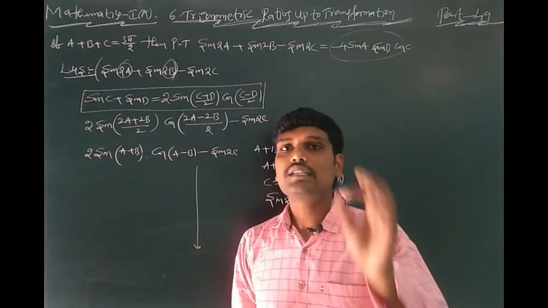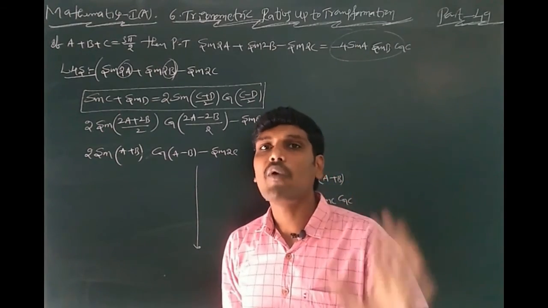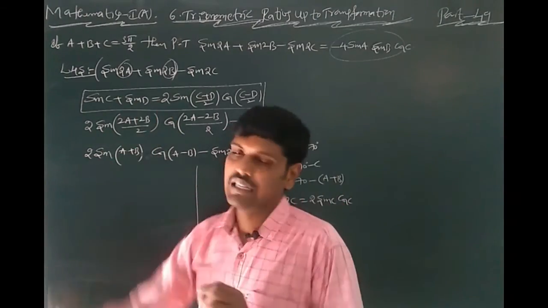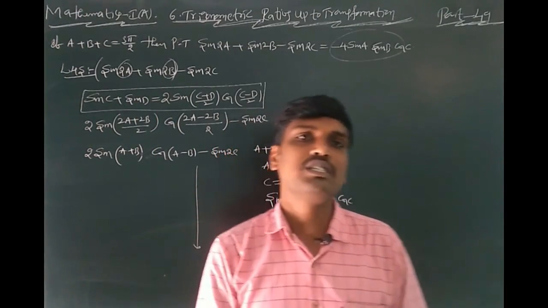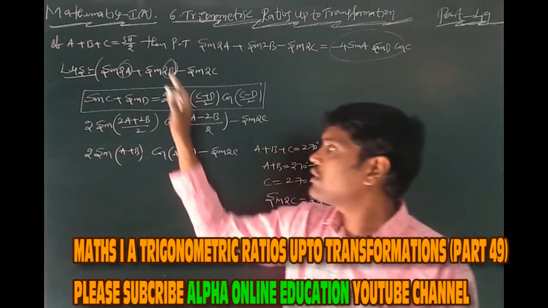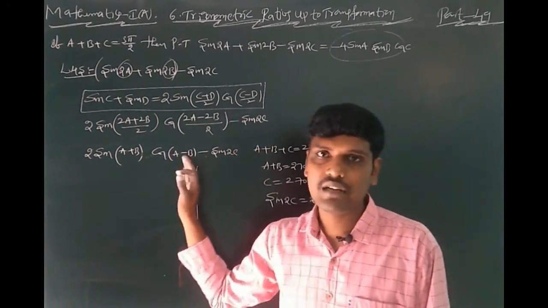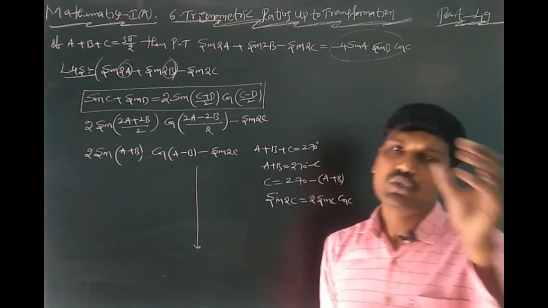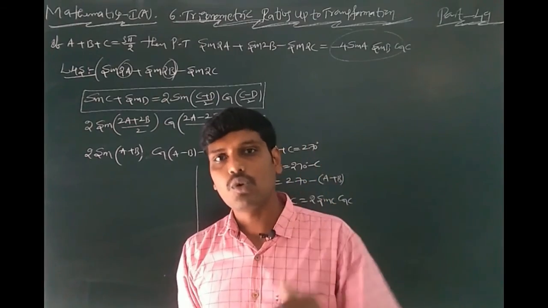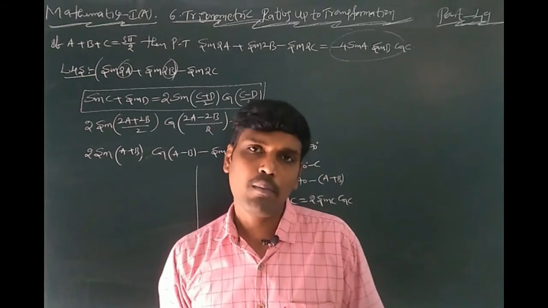Understood or not? This is a very important, unexpected question in the IB examination with 270 degrees. Sometimes it comes as a 7 marks question unexpectedly. If some hint, formulas and conditions are given in this homework problem, you can use them and easily solve the total problem, like the previous problem model. Okay.